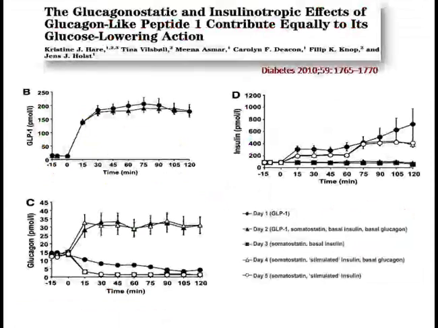Not only that, if you look at this seminal work done by Christine Hare and her colleagues, you find that when you're injecting GLP-1 receptor agonists, what is important to note is, I'll go back one slide. What is interesting to note is when GLP-1 has gone up, you find that glucagon levels go down and insulin goes up, to prove the fact that glucagonostatic and insulinotropic effects, both of these combine together to make the GLP-1 receptors effective in the management of type 2 diabetes.